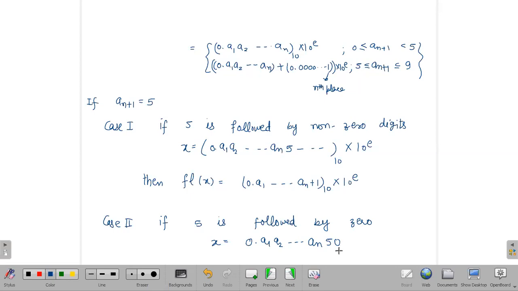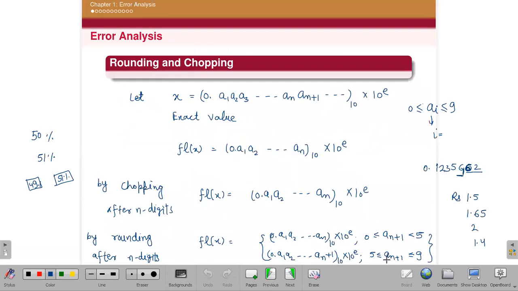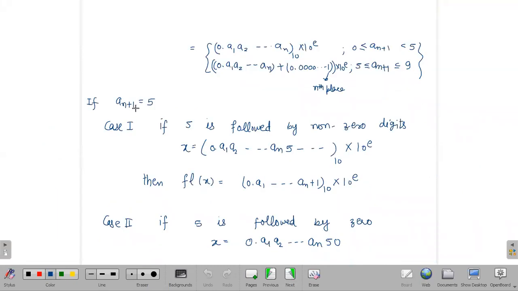number. मैम Yes, मैम एक बार ये an + 1 = 5 जहाँ लिखा है आपने वहां से हाँ। है ना? देखो, actually if it is actually its proper definition is, if I write strictly less than here, means 5 strictly less than an plus 1 less than equal to 9, so that is a definition of FL of x by rounding. And there is another case if an plus 1 is equal to 5, but for the simplicity we include this an plus 1 is equal to 5 in this case only, but it's a proper definition.